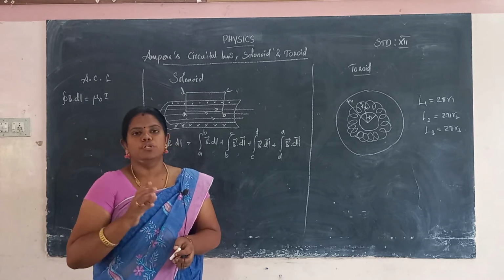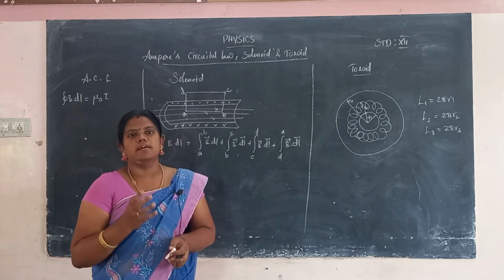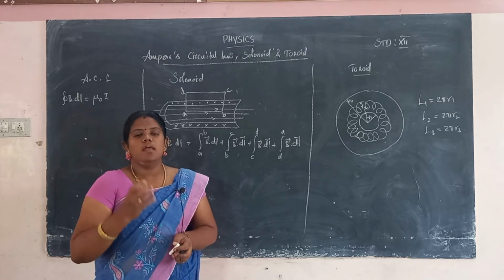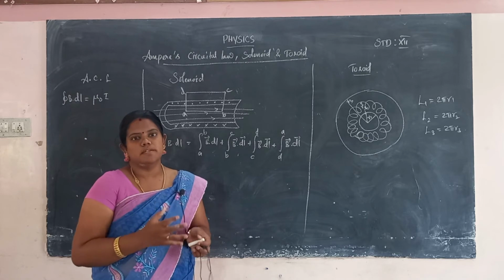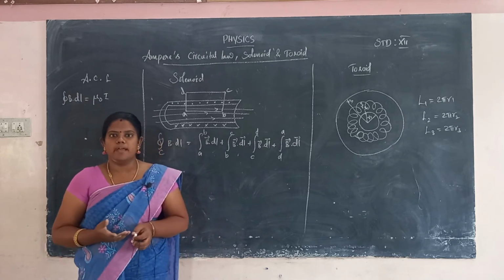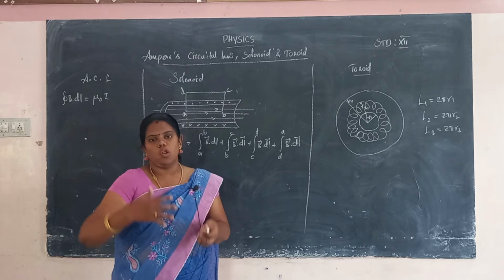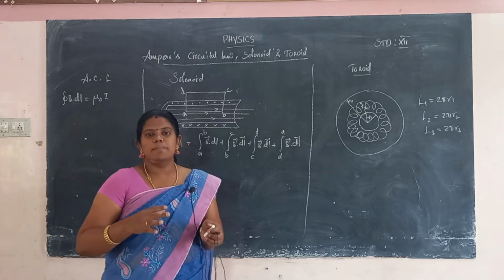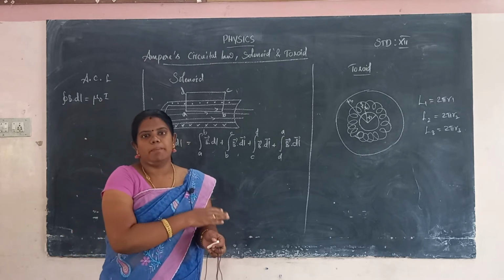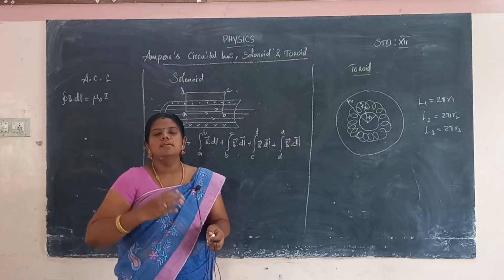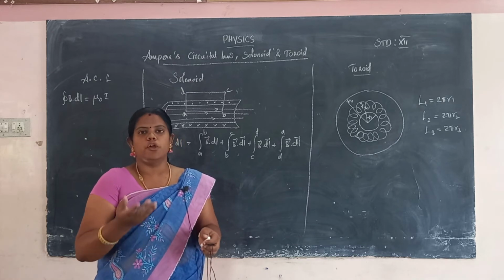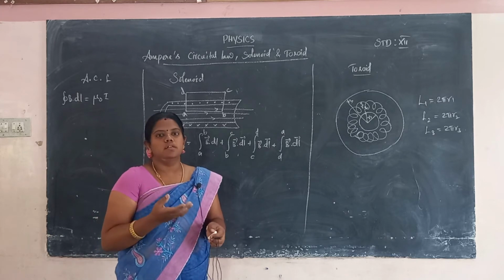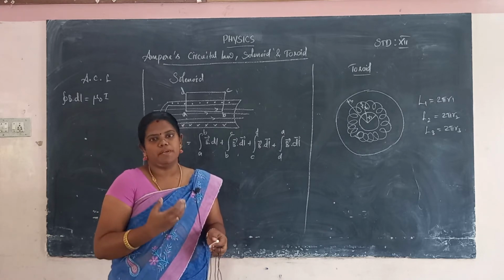Ampere circuit law is used for the magnetic field created by a conductor, where the arrangement has some symmetry. When Gauss law is applied in electrostatics, we consider symmetric shapes such as a long cylinder and plane parallel sheets. In the same way, you have to take a conductor with some symmetry. The magnetic field created by a conductor is explained using Ampere circuit law.